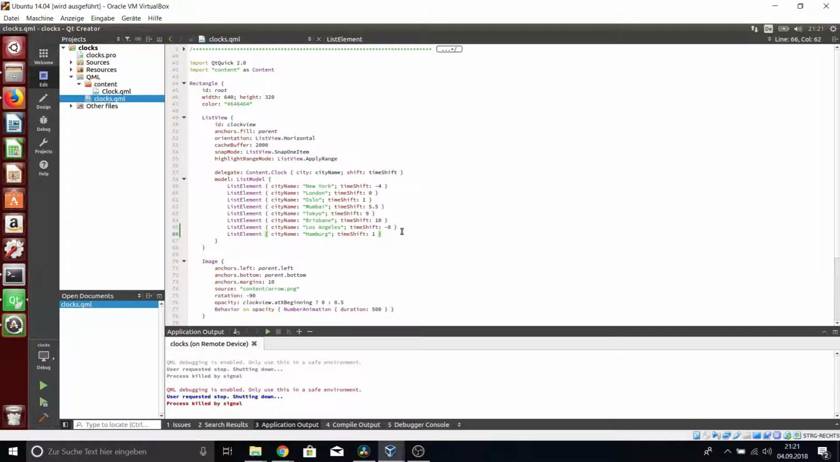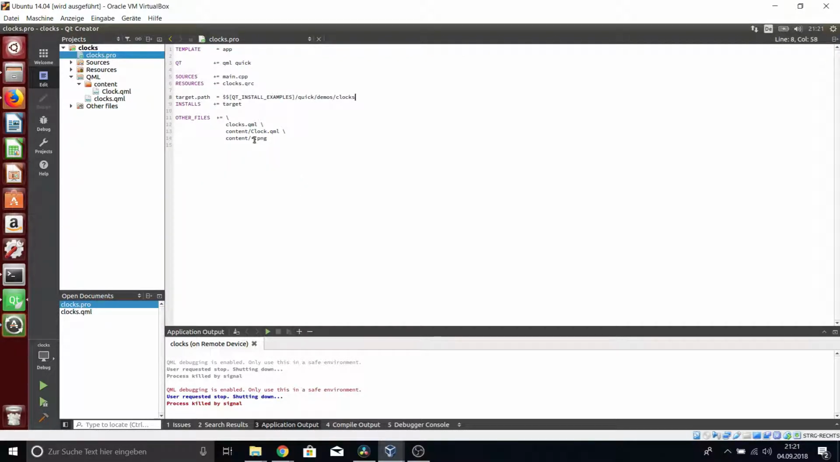We know that we can deploy the binary to our Santaro, but I have no idea where it's putting it. I mean, of course, we could manually copy it over, but, you know, let's be lazy and check out the project file here. And the target path is some kind of macro, install examples, quick demos, clocks. Let's just change that to something we can easily find, like, oh, I don't know, maybe user share, and no, we don't need a clocks subdirectory, so let's just put it on user share. All right, so now